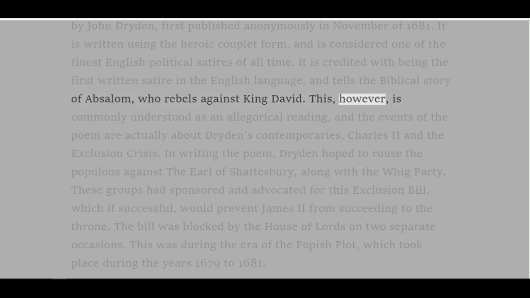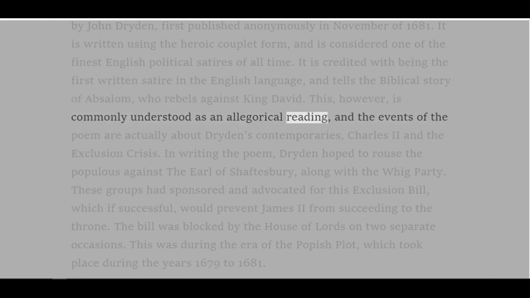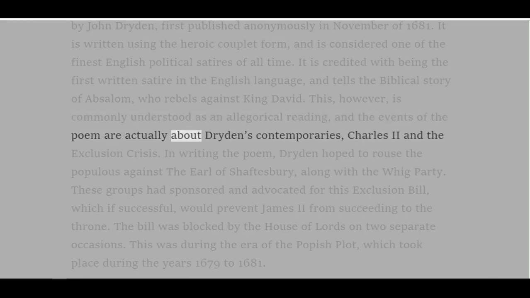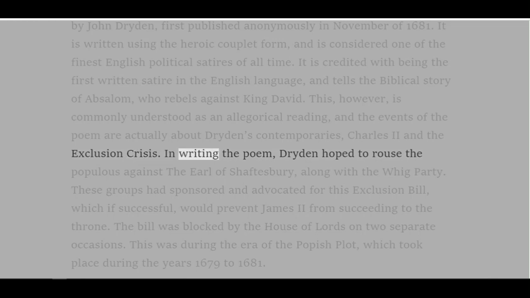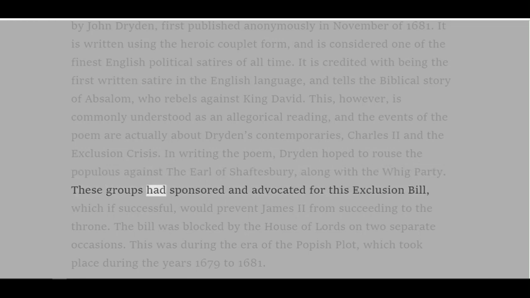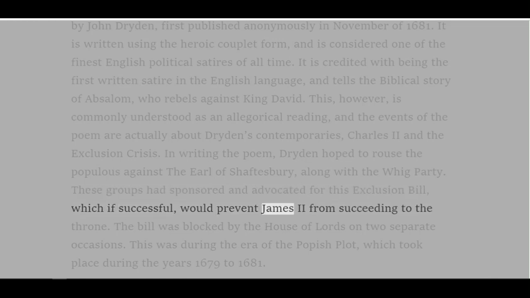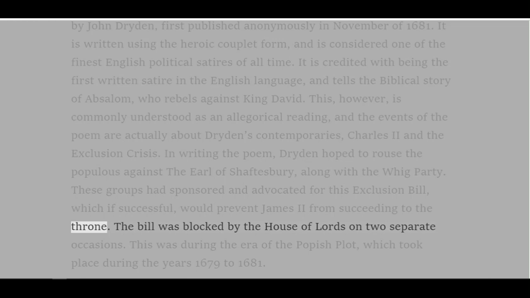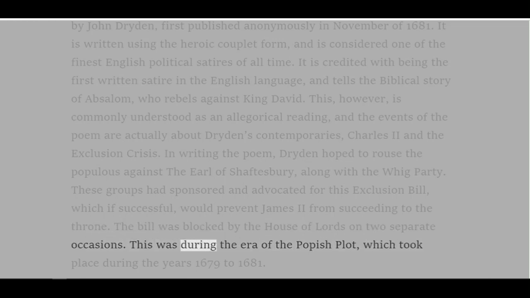This, however, is commonly understood as an allegorical reading, and the events of the poem are actually about Dryden's contemporaries, Charles II and the Exclusion Crisis. In writing the poem, Dryden hoped to rouse the populace against the Earl of Shaftesbury, along with the Whig Party. These groups had sponsored and advocated for this exclusion bill, which if successful, would prevent James II from succeeding to the throne. The bill was blocked by the House of Lords on two separate occasions. This was during the era of the Popish Plot, which took place during the years 1679 to